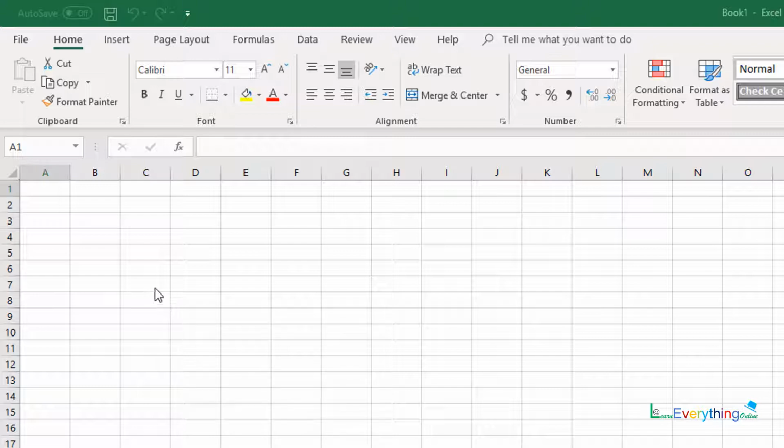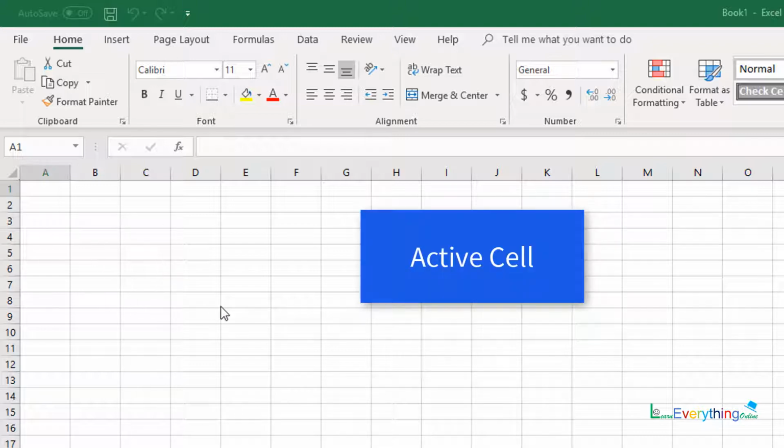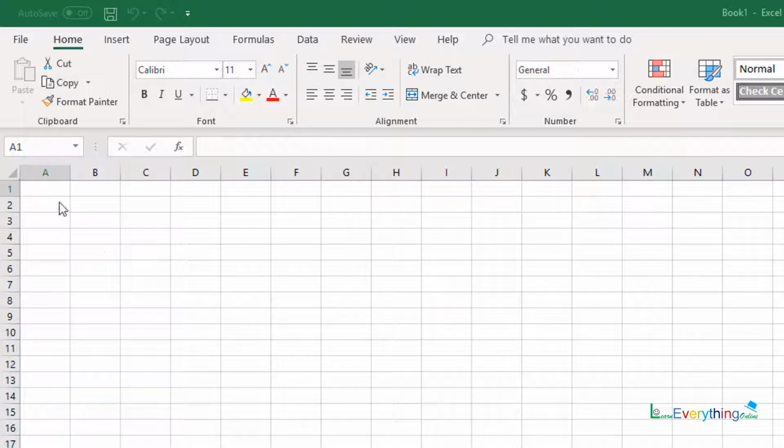But for doing so, the very first operation that I will have to do is to make at least one cell active where I want to actually type my data. And I can do so by clicking inside any cell with the mouse. When I click in cell A3, A3 is now the active cell, and whatever I type from my keyboard will get entered in this A3 cell. So we will start our data entry from this A3 cell. We will fill up a few products from this A3 cell.